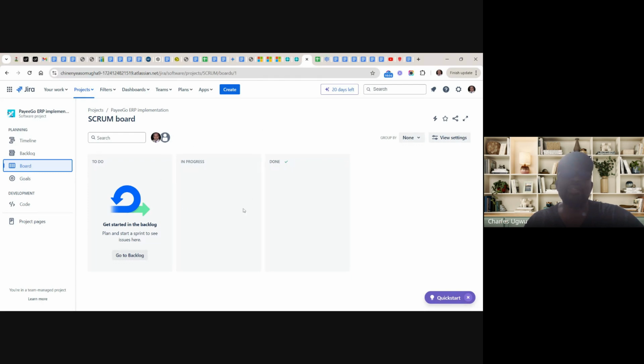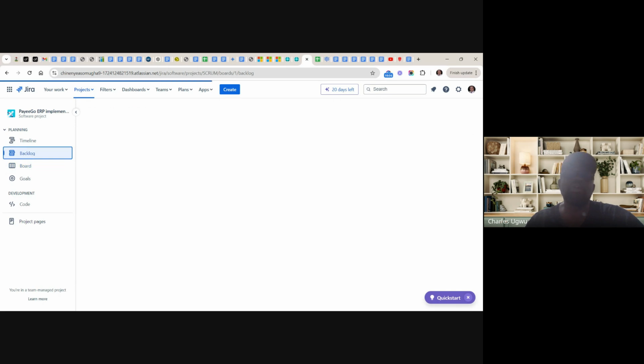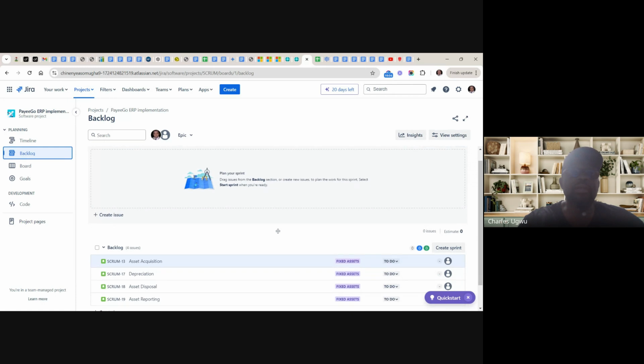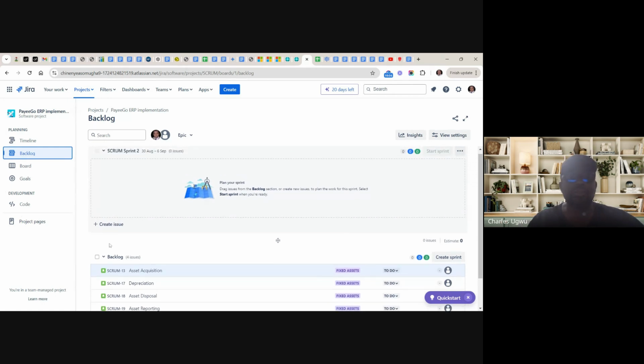We can combine this Kanban and use it within Scrum. Within Scrum, we use Kanban. And that's why Kanban is not so popular, because we can't use Kanban on our own. For instance, you see this backlog here. By the time we get to business analysis, we are going to have a thorough listing on this. If we want to plan, these are backlogs. These are what we call product backlogs. It has been prioritized. And if we want to plan a Scrum,